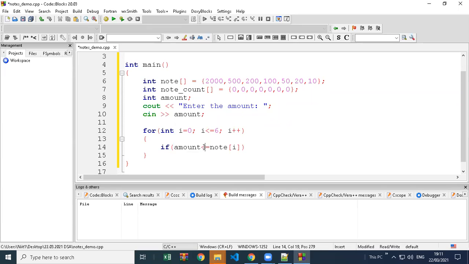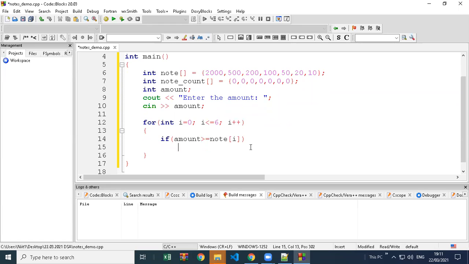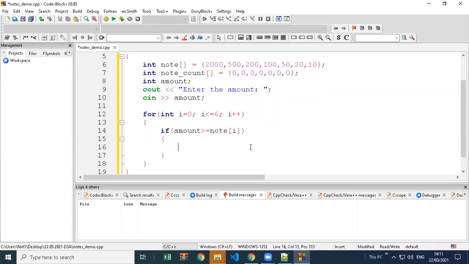If the amount is greater than note of I, okay, very good.